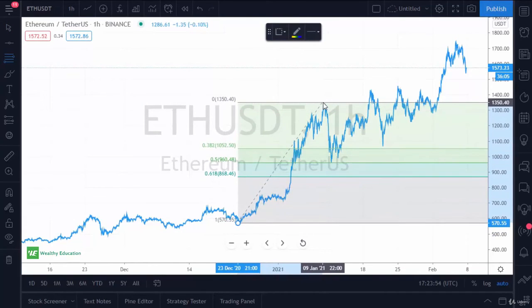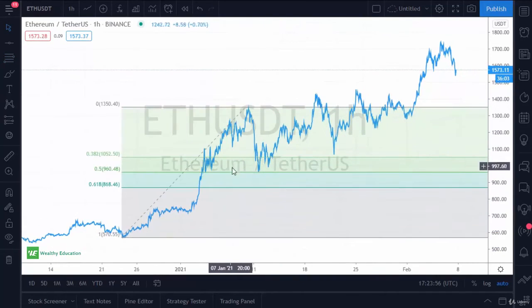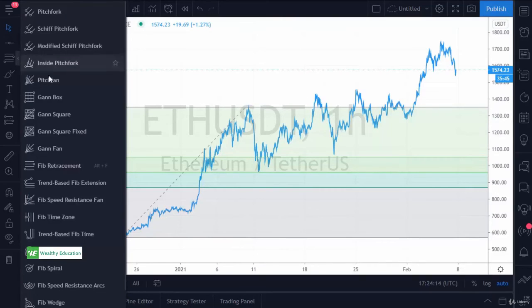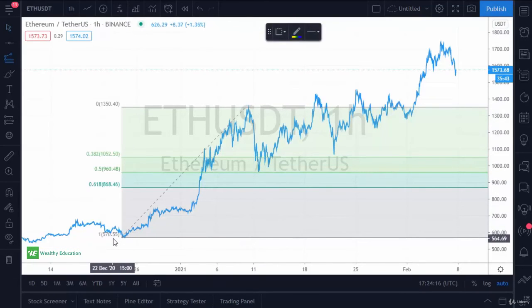Here's a fib pullback to the 50% Fibonacci retracement level. A lot of fib-based traders would just put their stop loss behind the Fibonacci level underneath it, with the thought process of it either holds or it doesn't, right? Now, if you want to use your extensions, you could